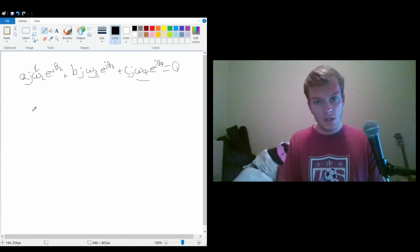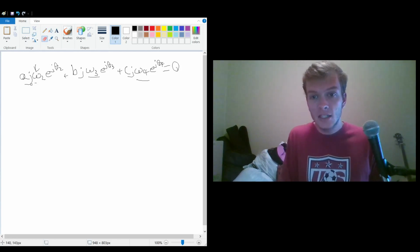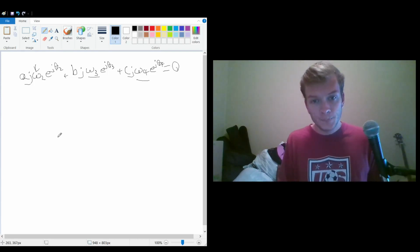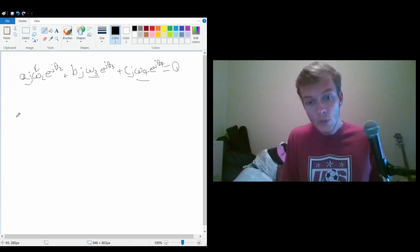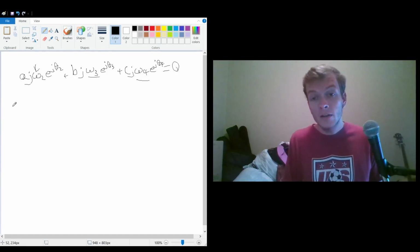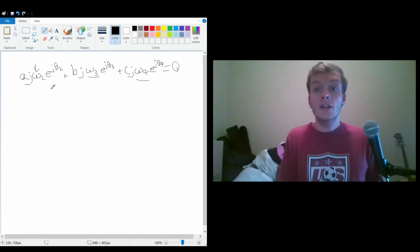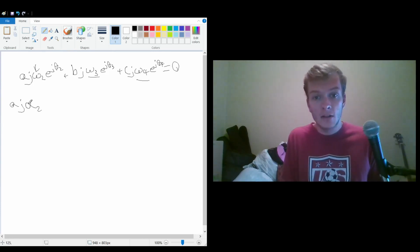It gets a little bit more confusing, though, because this omega is actually differentiable. So it's not a constant value. It's something that we can change because it's the angular velocity of our independent variable theta. So each of these components, when we take the derivative, is actually going to have two different components. This is due to the chain rule because we have a differentiable value multiplied by another differentiable value. So we're going to first differentiate the first term and multiply it by the regular second term. So this will be j alpha 2, so this is the angular acceleration,